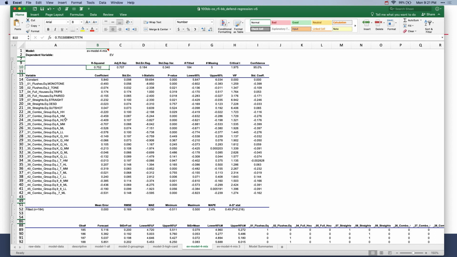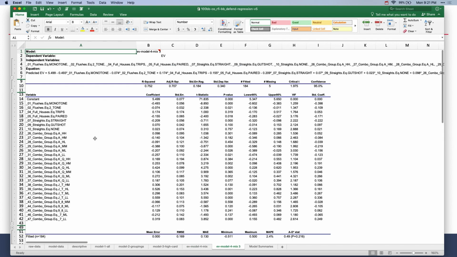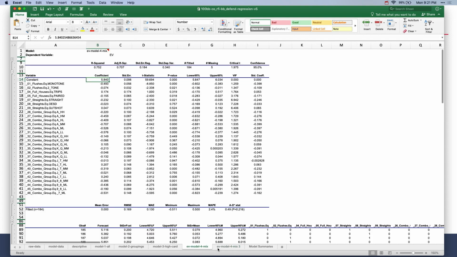And the last thing I did here, going back to the example of our reference variables, was I wanted to keep our constant as close to the average EV as possible. The reason I want to do that is then I can have an easy baseline, which I know is the average baseline, and then I can implement a plus minus system from there. So I changed around some of my reference model variables, and I got this other model which is going to have the same exact R squared. It's the same exact variables here, but instead of using the